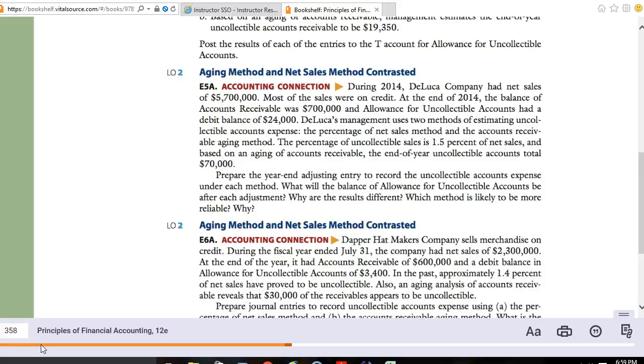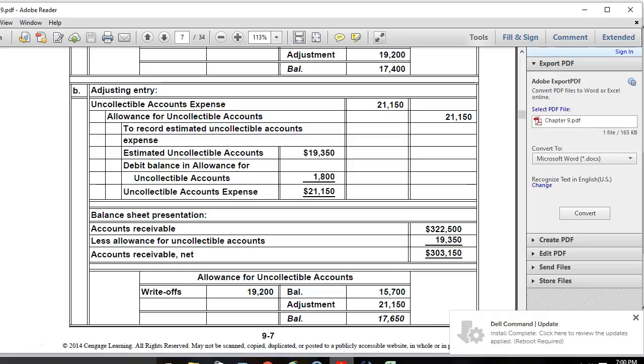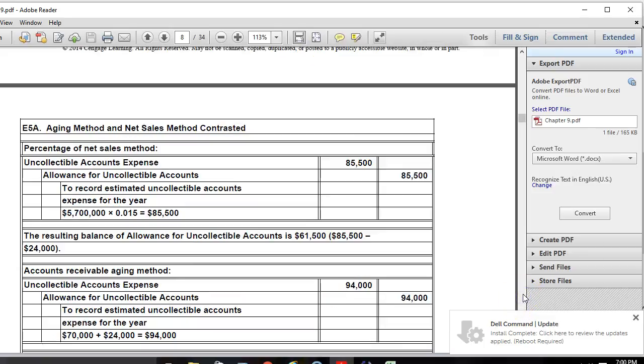DeLuca had net sales of $5,700,000, which really doesn't matter right now for us. Most of the sales were on credit. At the end of 2014, the balance of accounts receivable was $700,000, and the allowance for uncollectibles had a debit balance of $24,000. So what we'll do is